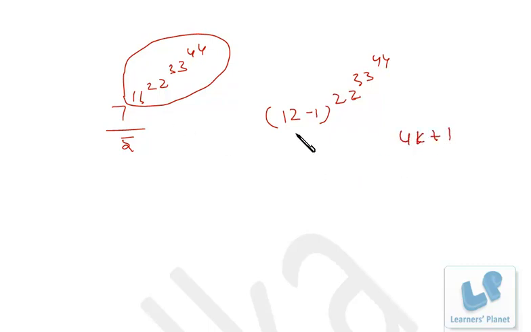Getting my point? So if it is 4k plus 1 format, the unit digit will be 7 raised to 4k plus 1, that is the first place, 7 itself, right? And if the unit digit is 7, and it is divided by 5, the remainder will be 2. Okay, now it seems to be complicated, but that's very easy if you are conceptually clear.